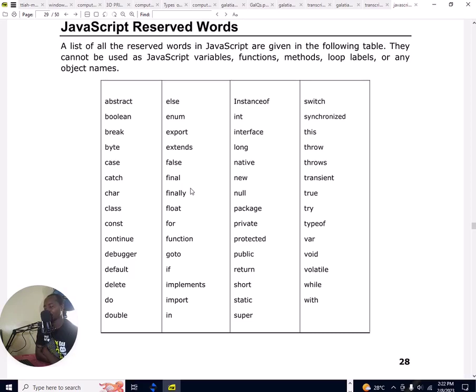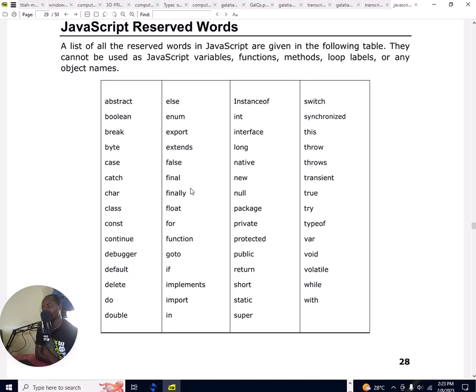The first in the list is abstract. We have boolean, byte, case, catch, char, class, const, continue, debugger, default, delete, do, double, else, enum, export, extends,